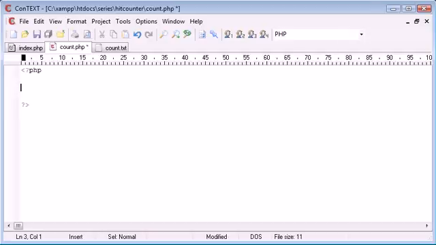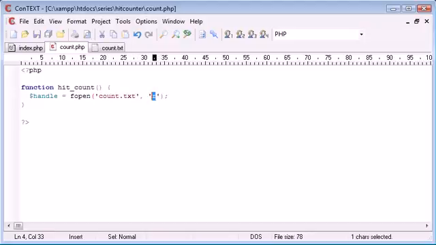So what we're going to do is start by creating a function, and that's going to be called, we'll say, hit_count. So what do we need inside this function? Well, first of all we need to access count.txt. So I'm going to create a handle, and this is going to be fopen, and that's going to be count.txt, and we're opening it to read in, so we're using r to specify that we're reading in from this